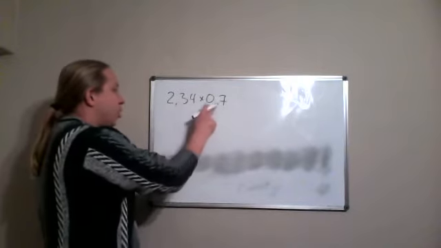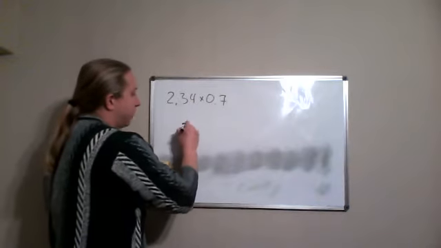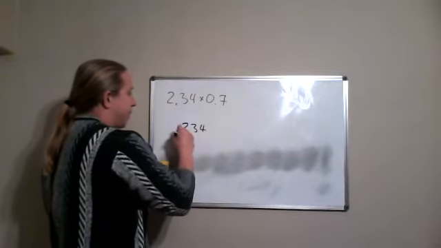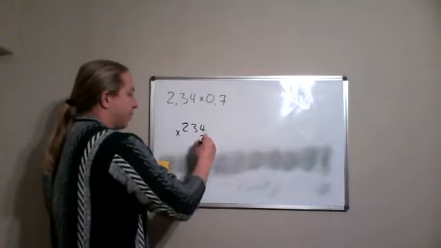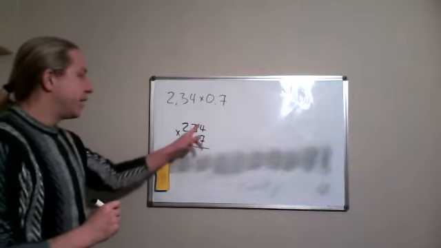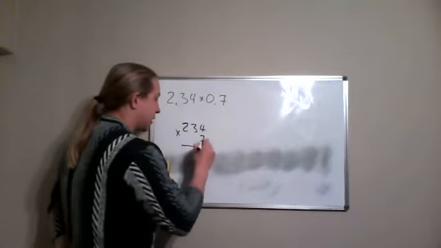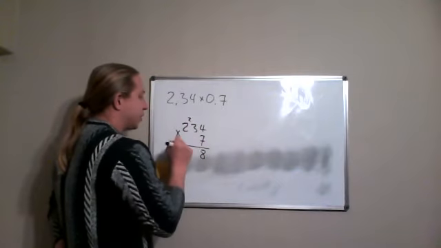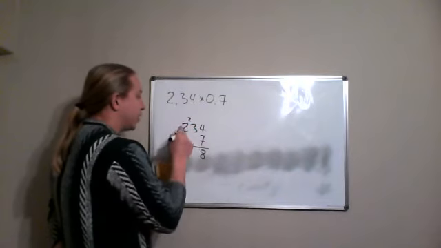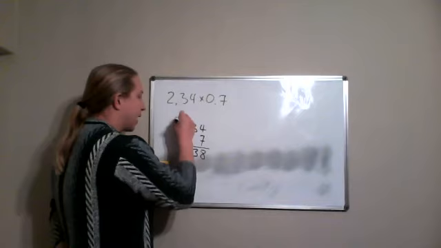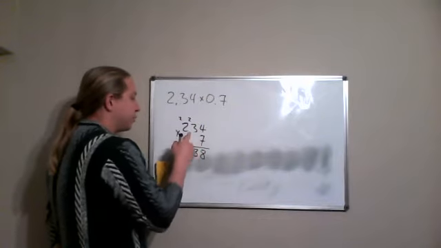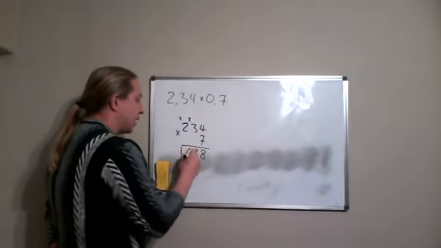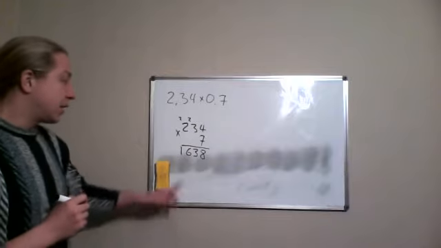Now we drop the commas and look at the numbers. We have 234 multiplied by 7. 7 times 4 is 28. Carry the 2. 7 times 3 is 21, plus 2 is 23. Carry the 2. 7 times 2 is 14, plus 2 is 16. So the answer that we get is